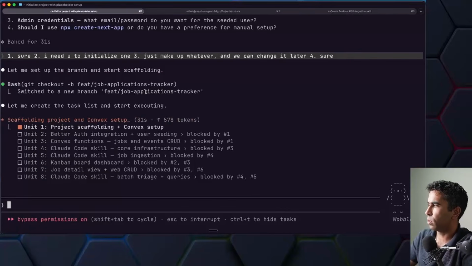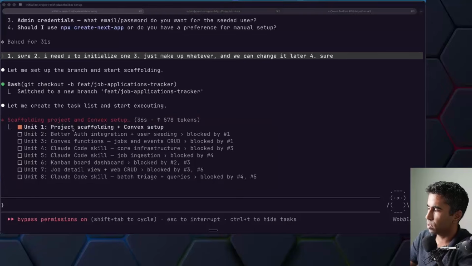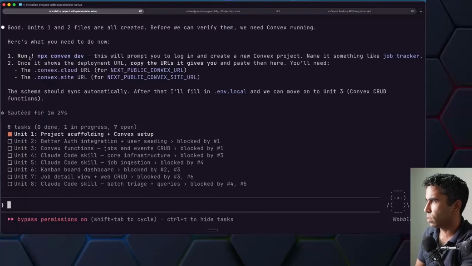Now, this is kind of cool. It's sort of figured out a dependency structure between all of these, so it knows which of these to start on first. All right, so it reached a stopping point here where there's something that Claude Code can't do because it needs